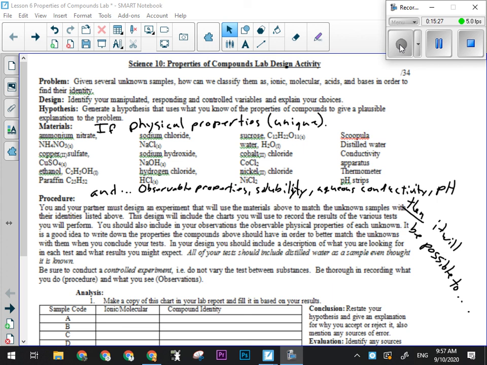Do this by recording the state of the material. Record the color of the material. Record this, record this, record this. Tell them how to perform the test. These are the observable properties you need to look for. Okay? This is what needs to be done. So it's going to need to be specific. Right? And the next test we're going to run after observable properties is going to be